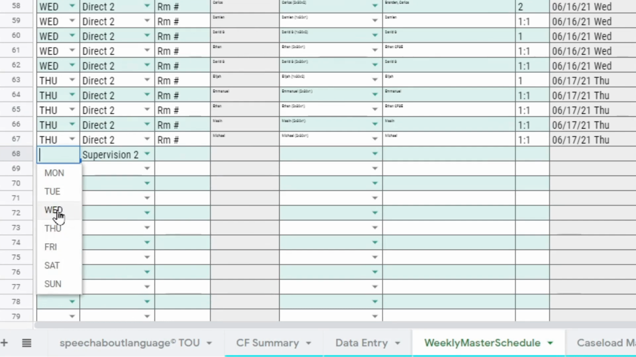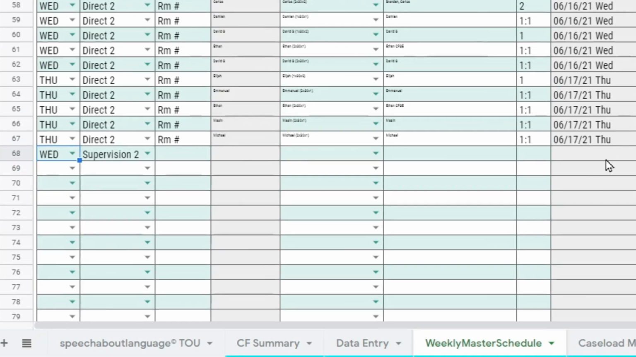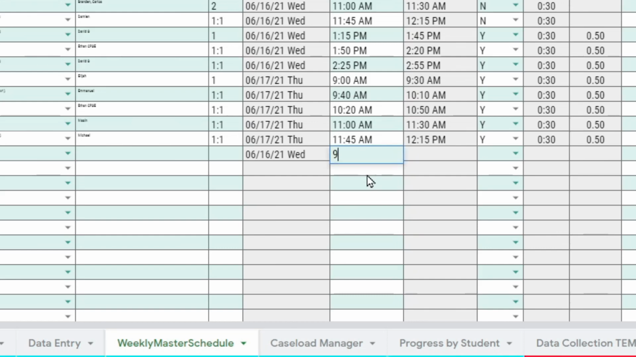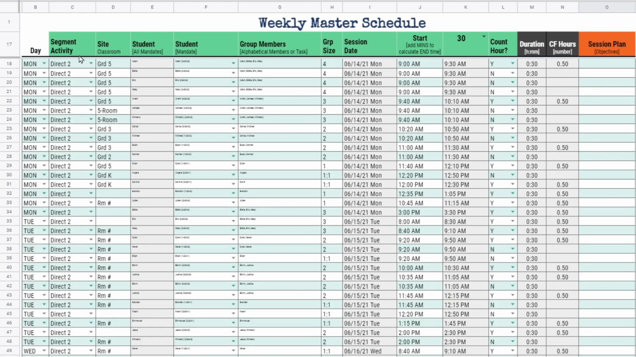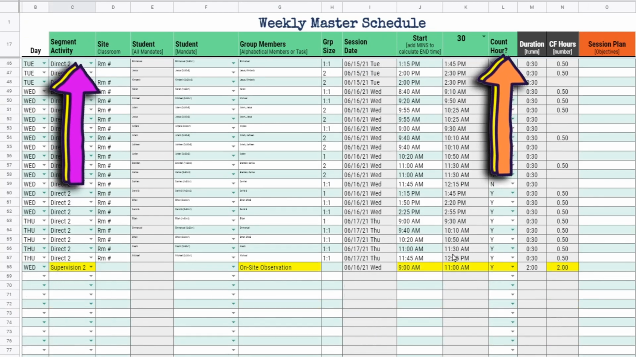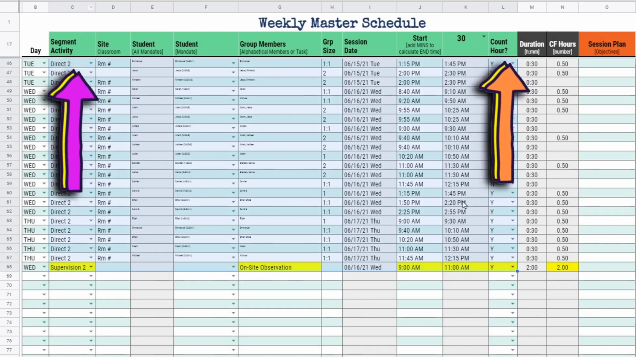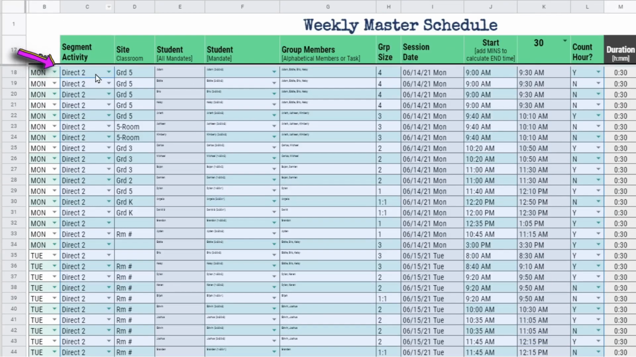Let's say they decided to come on a Wednesday. The sheet will populate the date for you. You can indicate the time frames that supervisor is going to be there. You want to count that toward your CF hours. And then when you bring in that information for the week, highlight column C through L from the very first row of your information